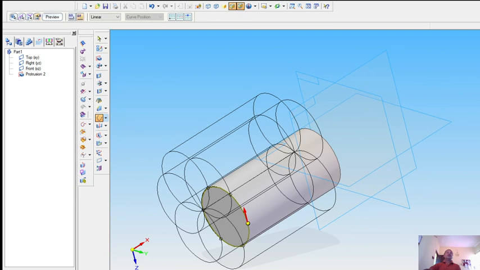So this is how I have executed the commands called mirror copy features and add draft, and also the pattern along the curve.